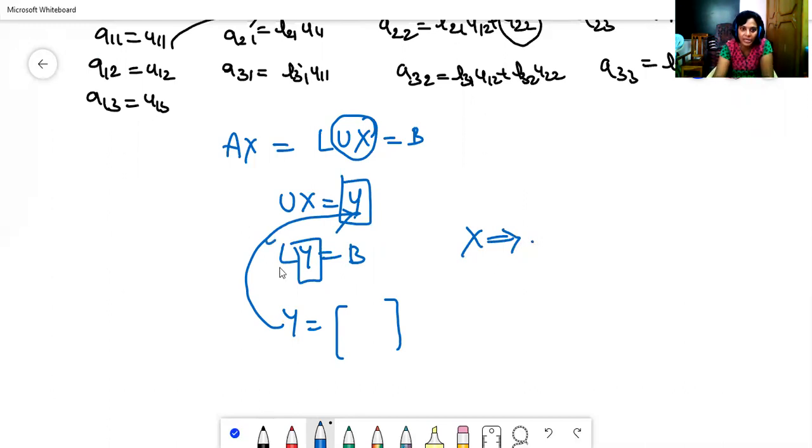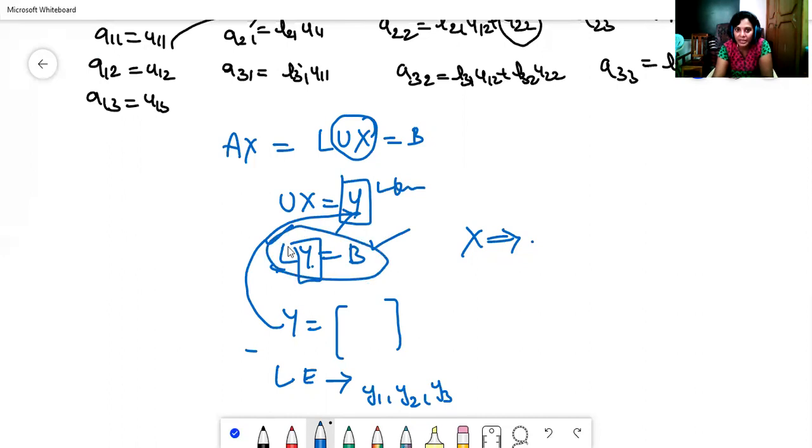Here L is the lower matrix, we know that. B is the matrix, we know that. After multiplying the lower matrix and the Y variable matrix, we get linear equations. From these linear equations, we get Y1, Y2, Y3 values. Here Y is the known matrix after solving LY equal to B. U is the known matrix. Knowing the right side matrix, the left side can again be expressed as linear equations in x1, x2, x3. Then you get the X matrix.